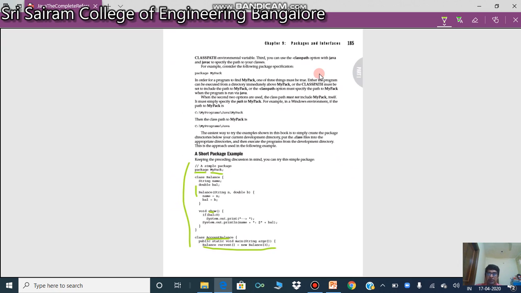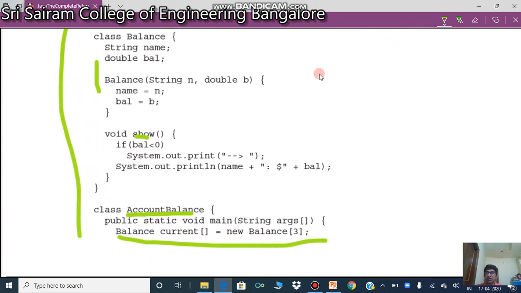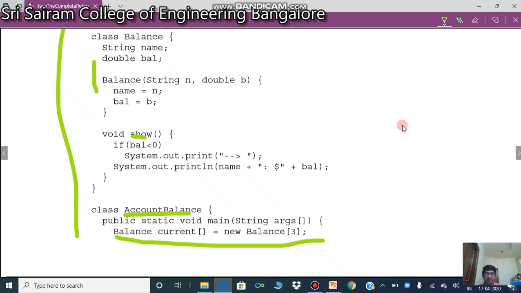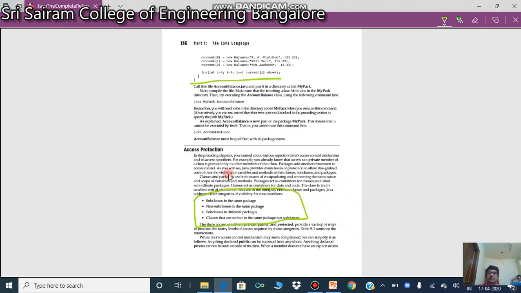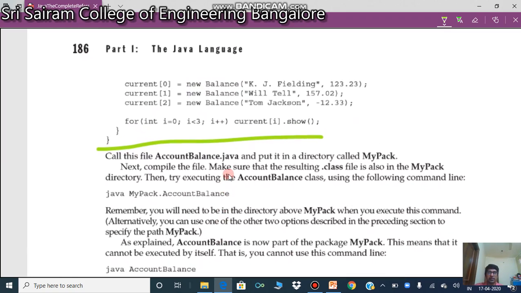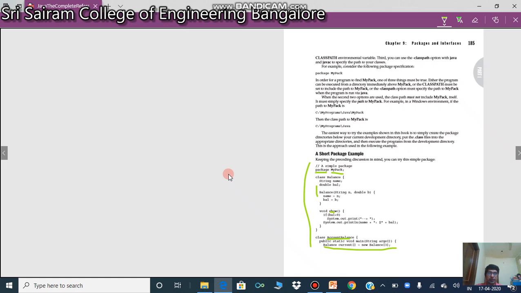Look at this. It will come to current of 0 dot show, which is going to call this method. What is the balance? The balance is not less than 0, so this will not be done. It will go to the next statement. The name, as you have seen, was KJ Fielding, and the balance is 123.